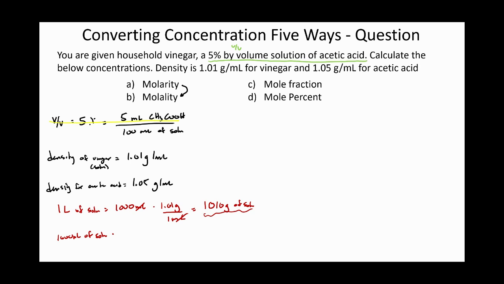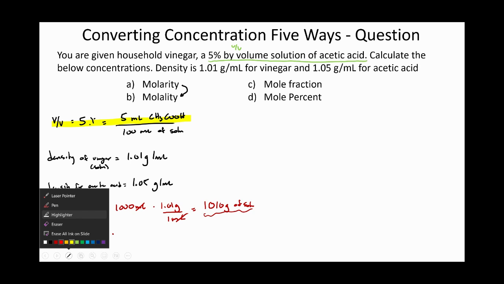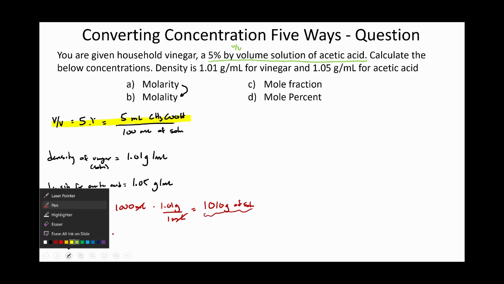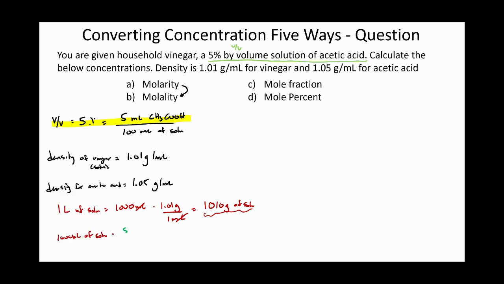Oh, that was a pen. I wanted to use a highlighter, so let me grab my highlighter now. So I'm going to use this right here and multiply that by an assumed volume of 1 liter. And I'll actually use green for this. I'll multiply this by my volume percentage, which says I have 5 milliliters of